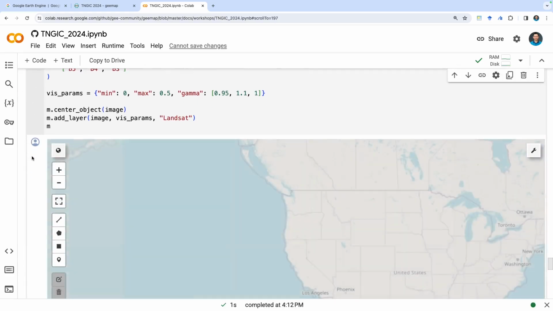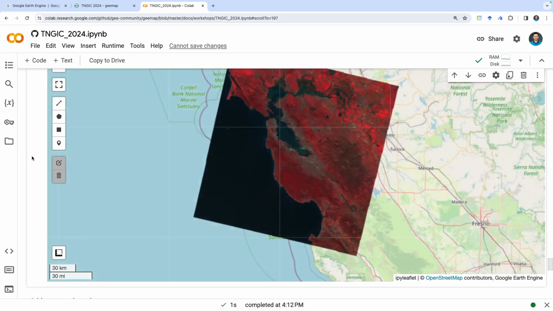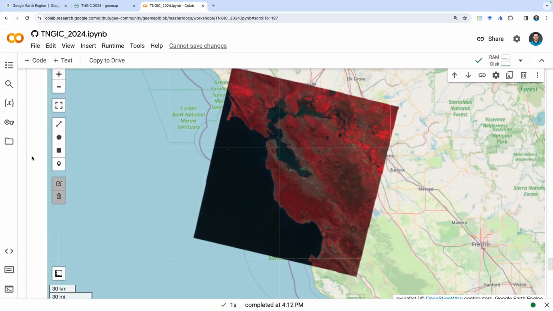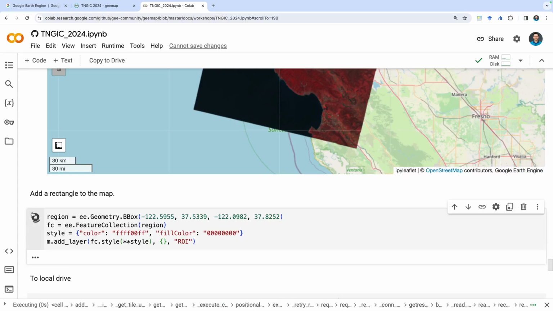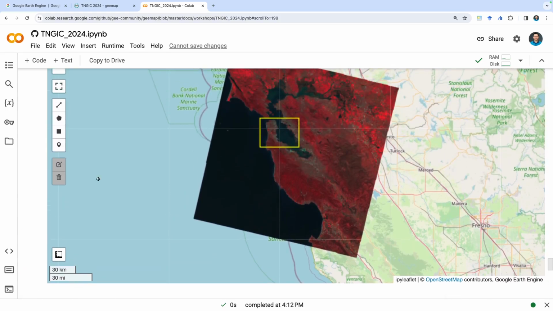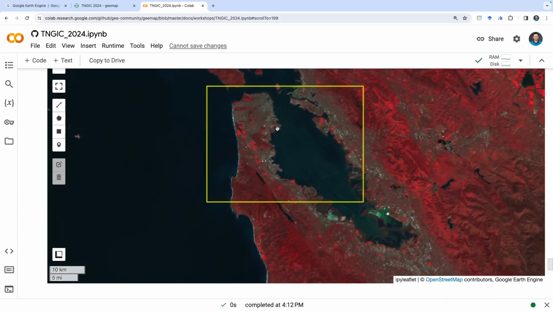The first example, I'm going to load this landscape imagery in here, right? So this is one landscape scene covering California. And you can export the entire image or you can export just a small subset. So for this one, I'm going to execute this one. I'm going to add a small polygon within this area. Imagine that, okay, I want the data for this area. I have this imagery, I have this region. Then